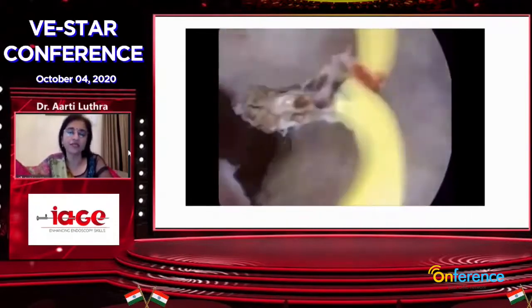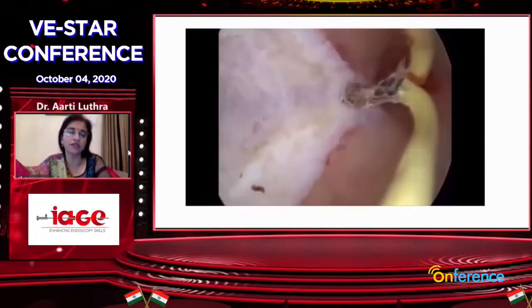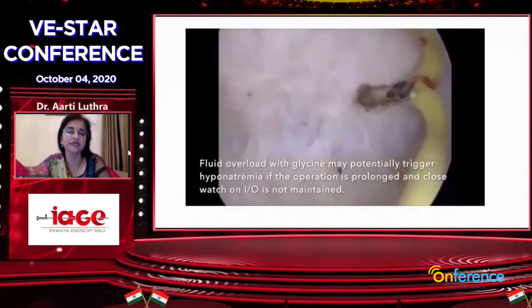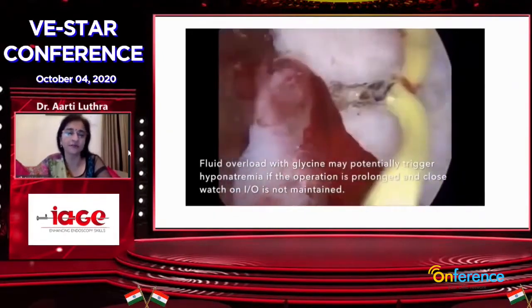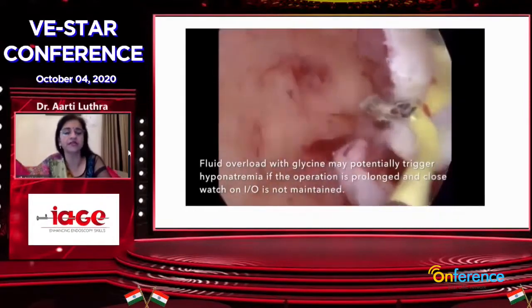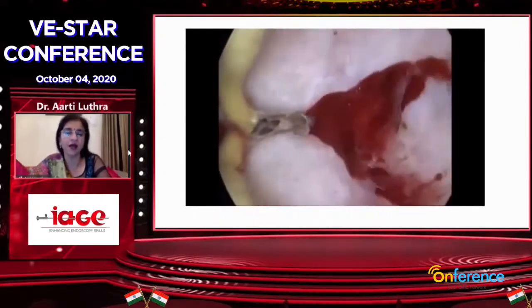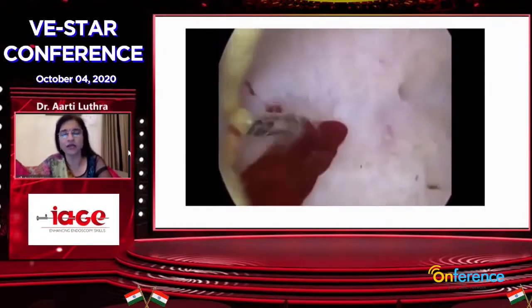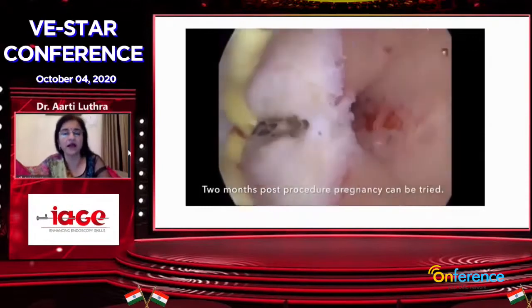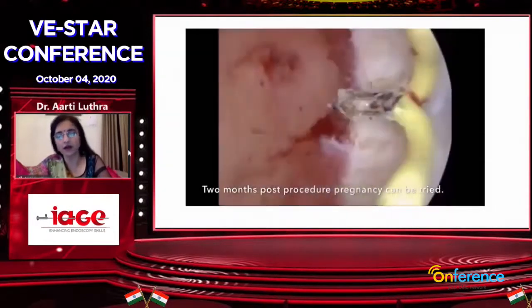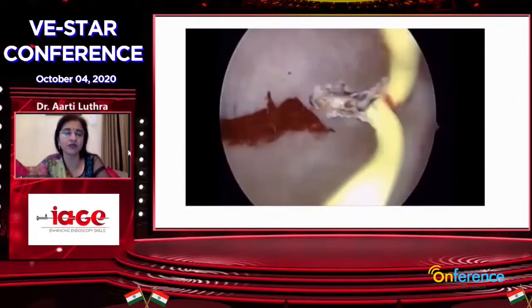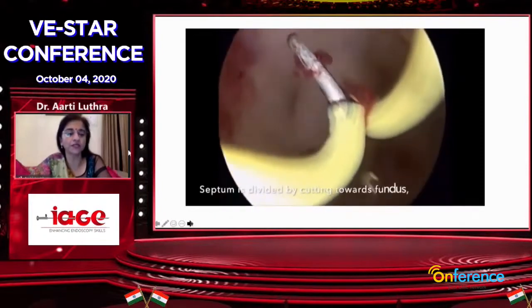For septa, post-op estrogen or Foley's catheter to avoid adhesions is normally not needed, because it is a very clean dissection of the septa. But for intrauterine synechia, most of the times we need to put in some treatment to avoid adhesions, like we can create hypoestrogenemia by giving estrogen therapy for 2-3 cycles. Most of these cases can be advised to go and try for pregnancy after 2 months of the procedure.